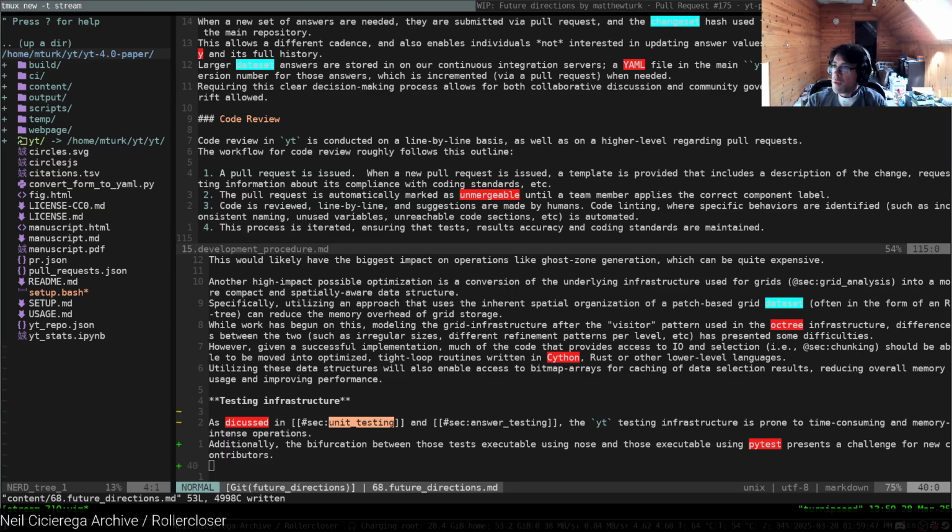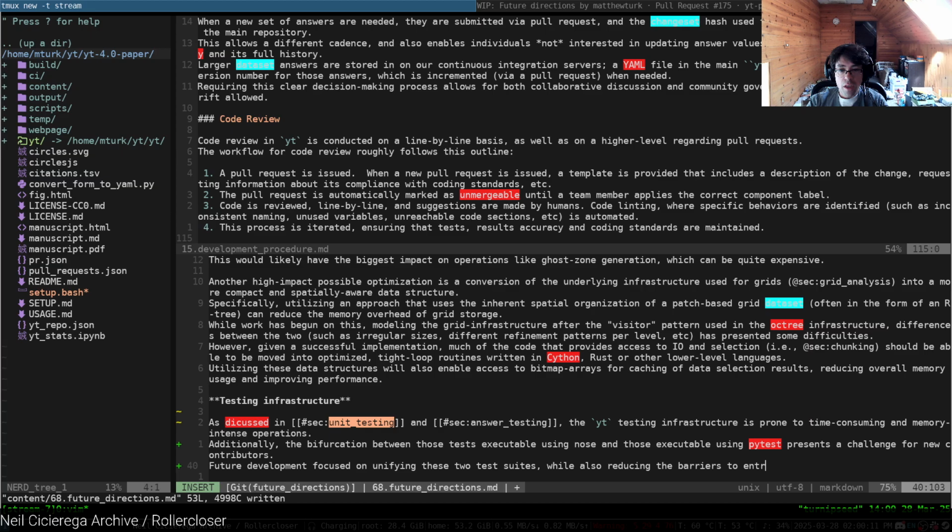What we want to do is say that we will have these tests all run inside the same environment. So future development focused on unifying these two test suites while also reducing the barriers to entry for executing a full test suite will promote